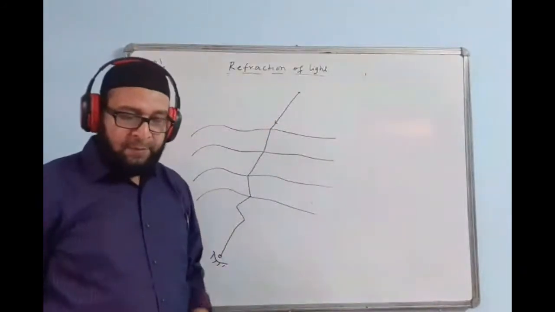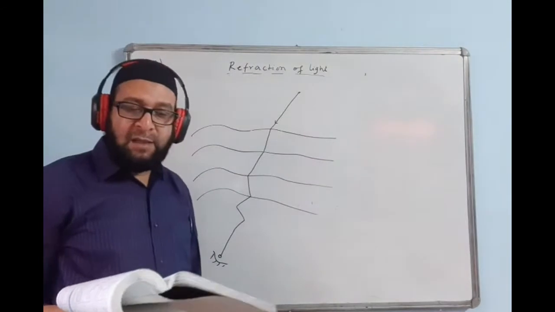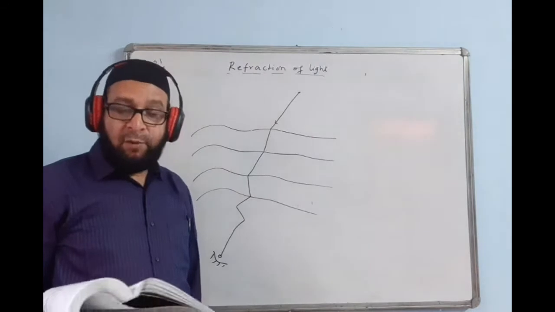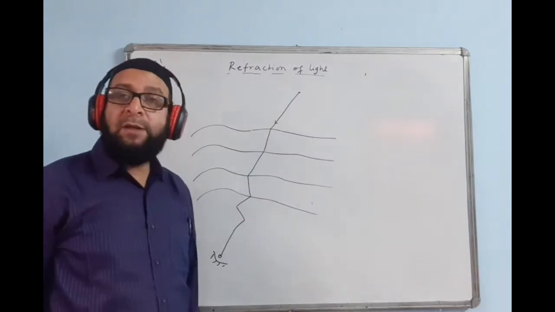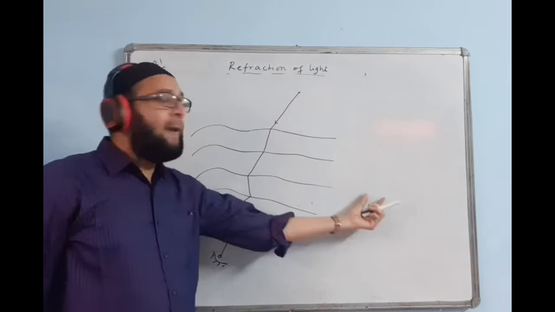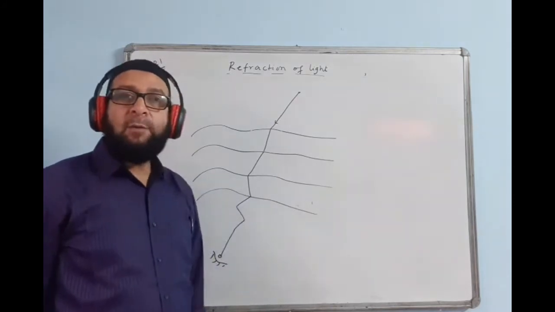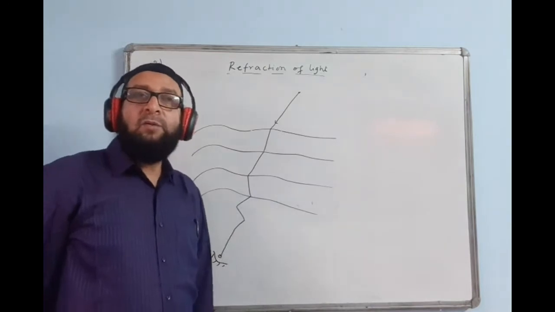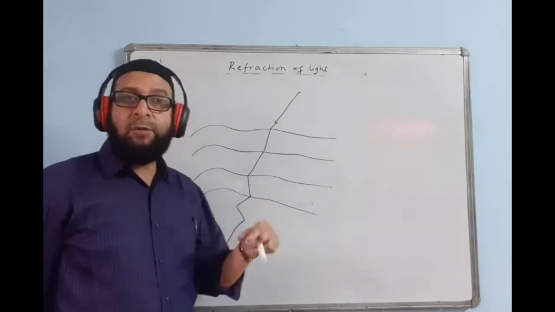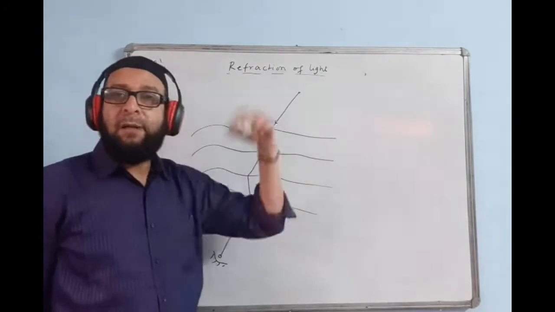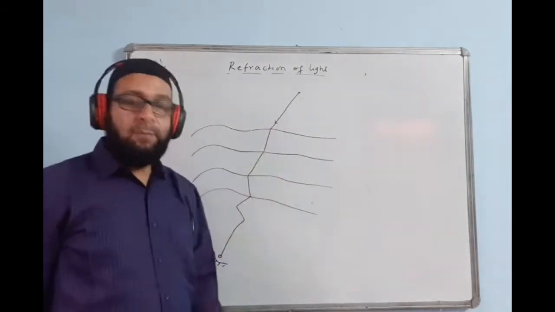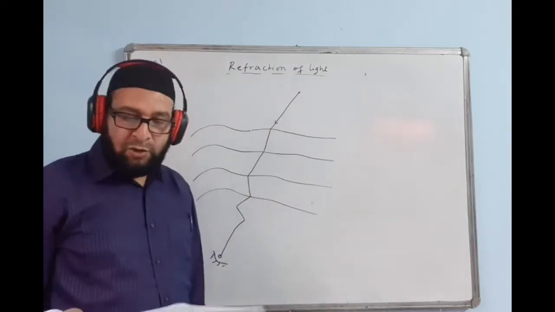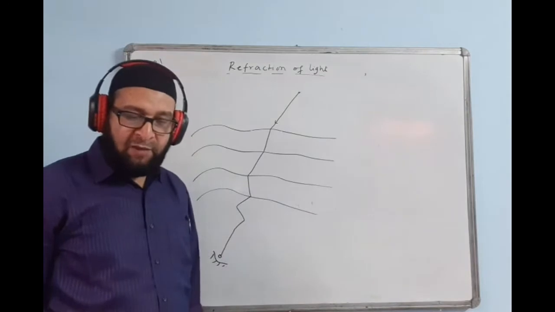The next one: a coin kept in a vessel and not visible when seen from just below the edge of the vessel can be viewed from the same position when water is poured into the vessel. If we have a coin in an empty glass bottle and we cannot see it from a particular point, what should we do so that we are able to see the coin from the same position? We have to fill it with water completely. Due to refraction, the coin's position will appear to be raised and we will be able to see it. All these phenomena are due to refraction.